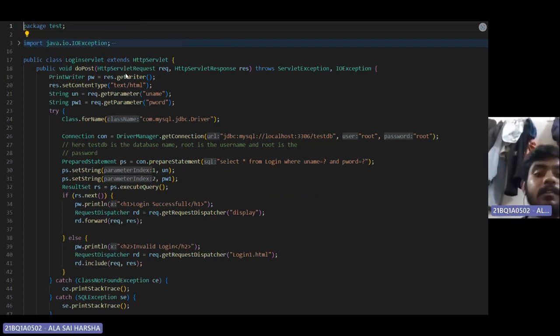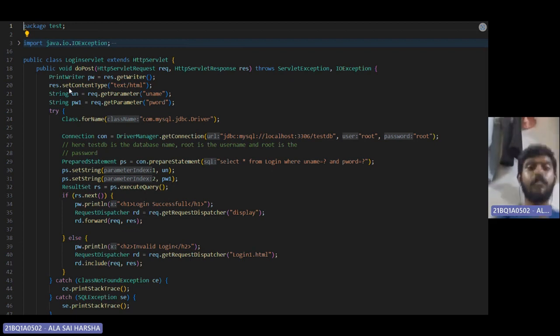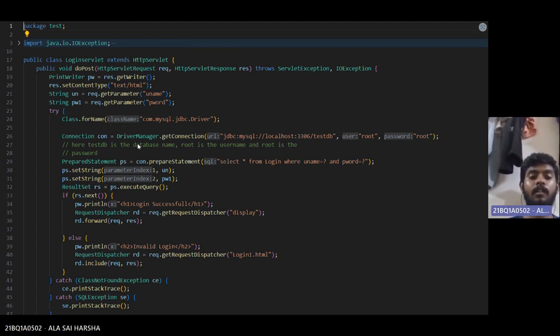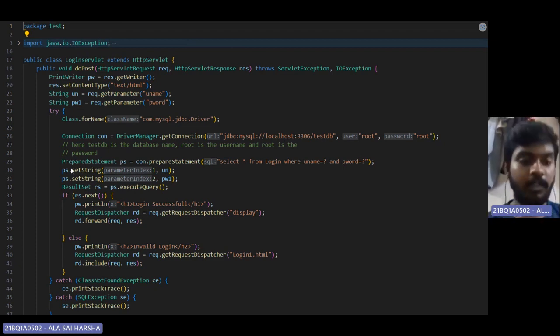Here we have the doPost method, which throws ServletException and IOException, and we have a PrintWriter object, and the content type is HTML and text. We have taken the uname value into un, and the pword value into pw1, and using JDBC we have written the driver, loaded the driver, got the connection, prepared the statement ps, and executed the prepared statement. And here if you see rs.next,